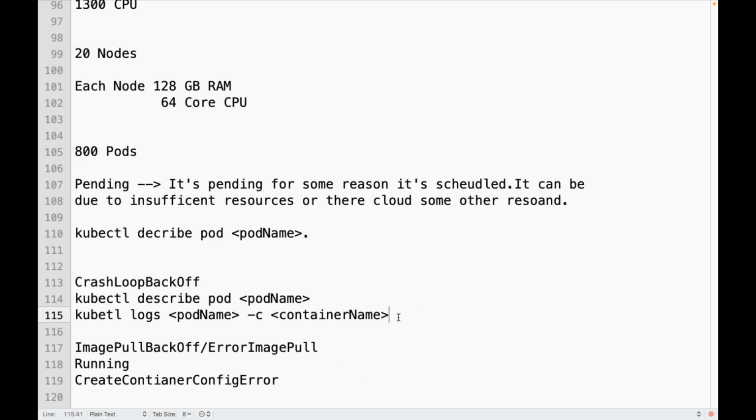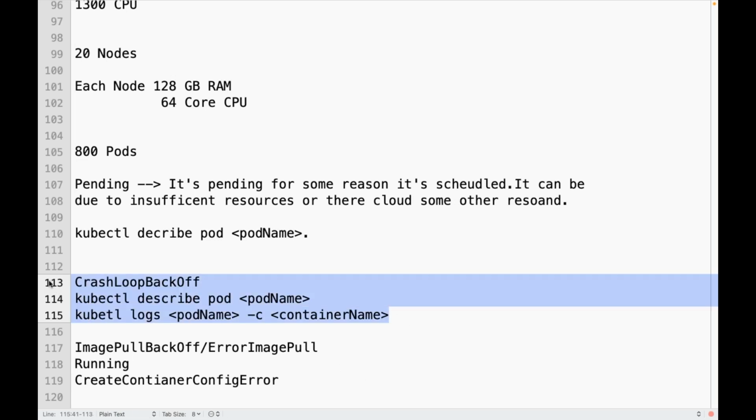Now, CrashLoopBackOff. Is everyone clear? Sometimes in interviews they also ask, what is CrashLoopBackOff? What do you mean? How do you troubleshoot CrashLoopBackOff? What could be the reason? The reason for CrashLoopBackOff is that your container process is not successfully started. That could be because of some issue in the code or image. In that case, do you need to fix that code or that image? Do I need to recreate an image with correct code, correct software? Then do I need to redeploy that application to fix the CrashLoopBackOff?